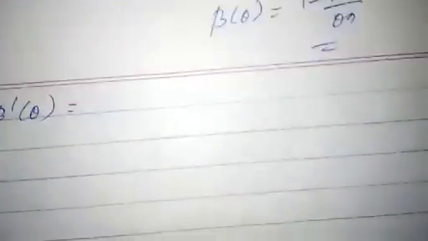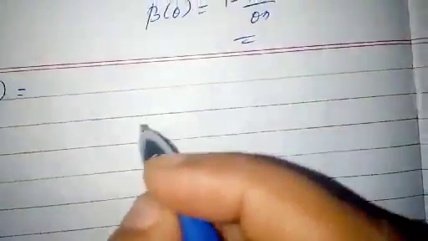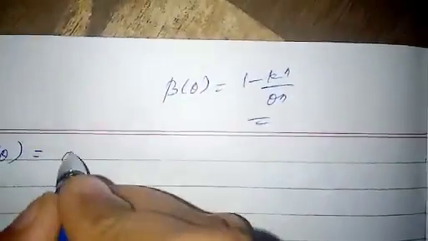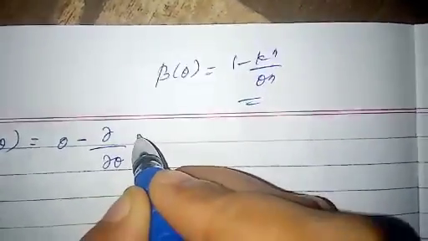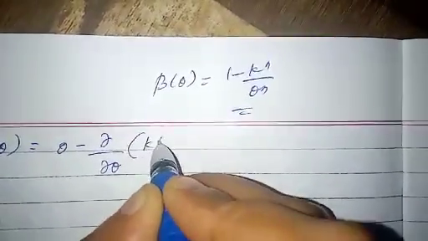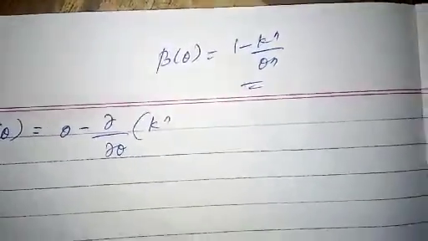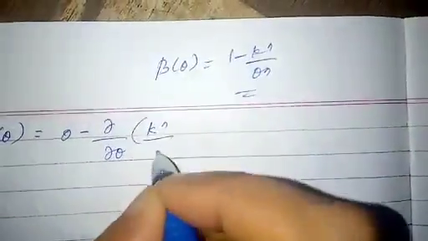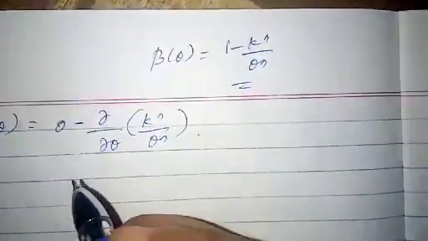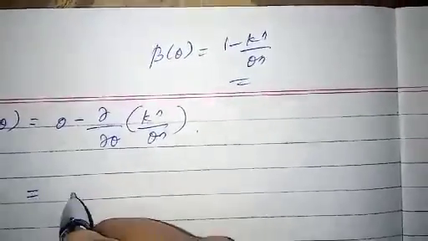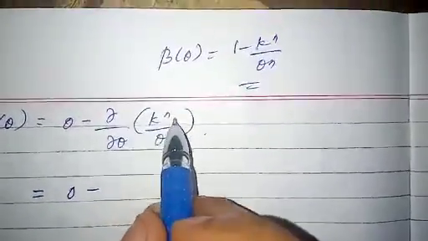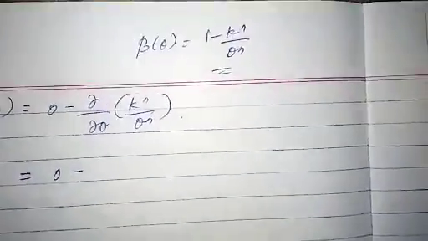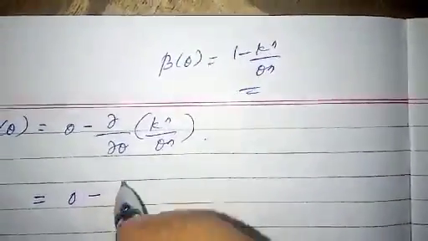So the differentiation b dash of theta equal to, first term is 0, then dou by dou theta of k power n divided by theta power n, right? Which is equal to 0 minus the differentiation of k power n divided by theta power n, which is equal to